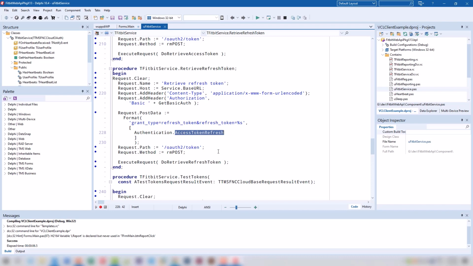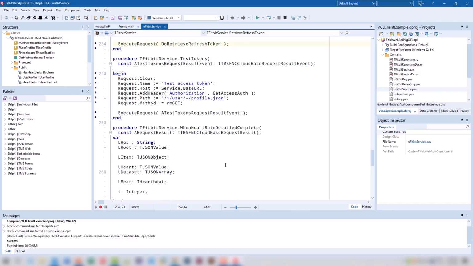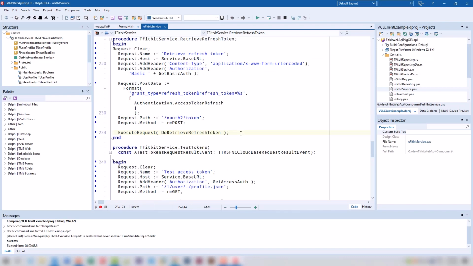And that is something that, once again, the base component does for us. When we authenticate, the service also gives us the access token refresh property. It fills us with a value that we can then send in order to refresh the token. And the second method that we need to override, you might think, is the method to evaluate the refresh token or whatever.